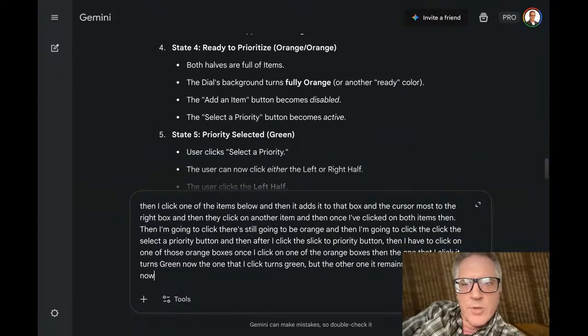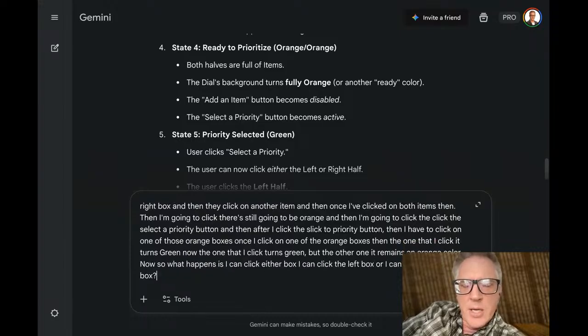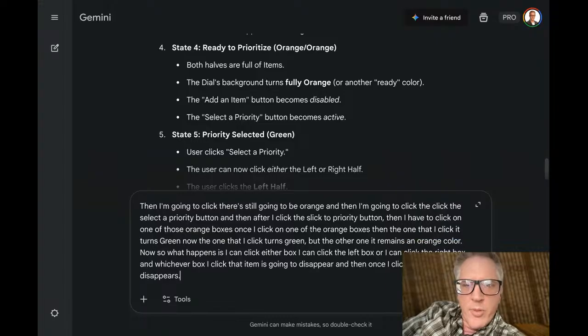Now, what happens is I can click either box. I can click the left box or I can click the right box. And whichever box I click, that item is going to disappear. And then once I click that item, both boxes' backgrounds turn red,